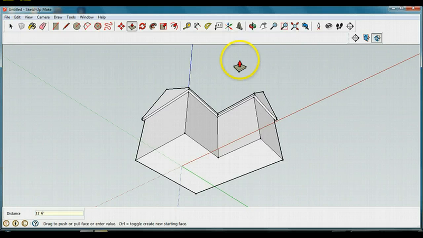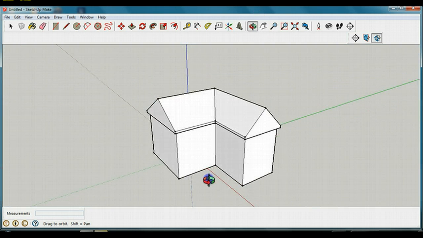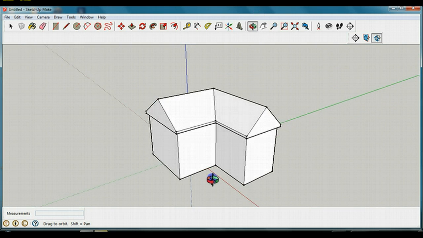Okay, so we're going to do one more thing. We're going to make a chimney on the house, and then in the next one we'll start to add some more details around the outside. So I'm going to click on my orbit tool, so I go around and I can see the top of the house. Now, to do the chimney, it's a little bit tricky because it's not a perfect rectangle because you got a slanty roof